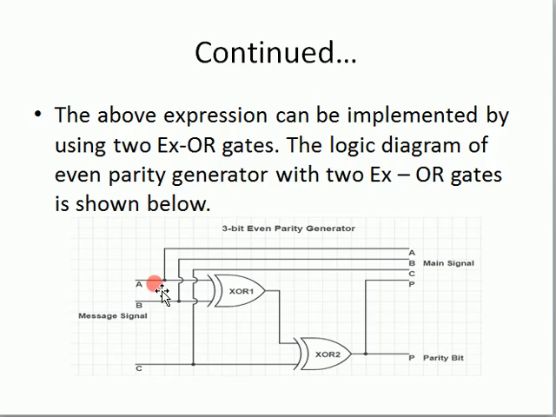Here we have 2 inputs A and B, and both go into the first exclusive OR gate, and the next one has the C input. Here A exclusive OR B is the output of the first gate, and it becomes the input of the second exclusive OR gate, and from this gate we get the output, which is the parity bit, and this is the even parity bit.